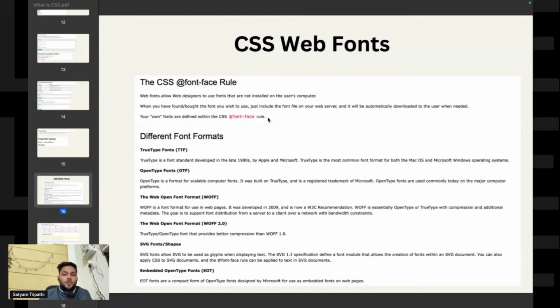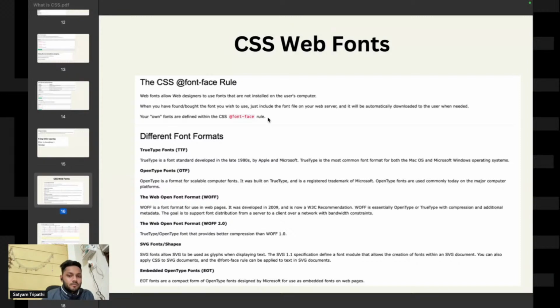What we'll basically be doing, guys, just see. The next topic is CSS web fonts. You might have seen that if you go on some kind of a site, there will be different fonts. If you want to work with some kind of a custom font, what you can basically do at that time is download that particular font and directly implement it in your CSS